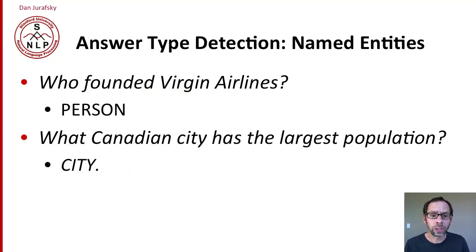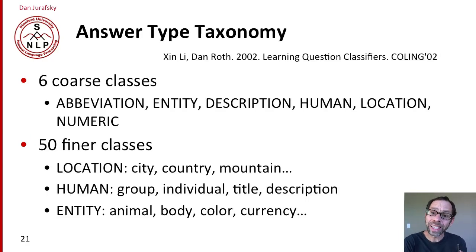So the first step, answer type detection, here we just need named entities. So if I see a question like who founded Virgin Airlines, the answer type is person. If I see a question like what Canadian city has the largest population, the answer is a city. Relatively simple. And for that, we need an answer type taxonomy, or a type of named entities that might be